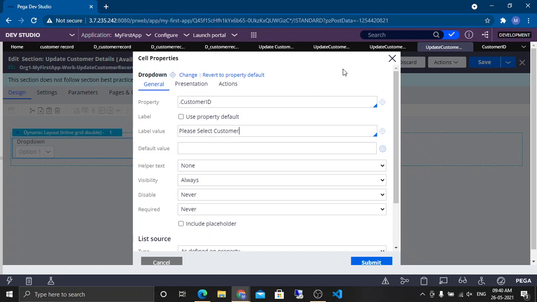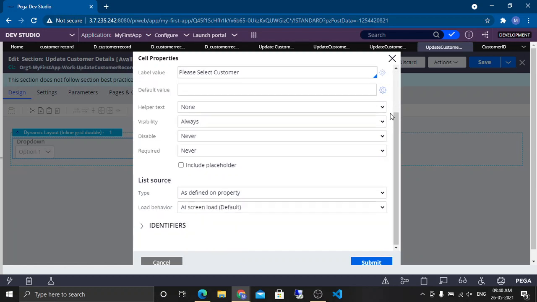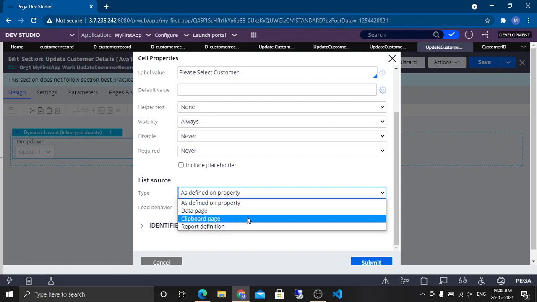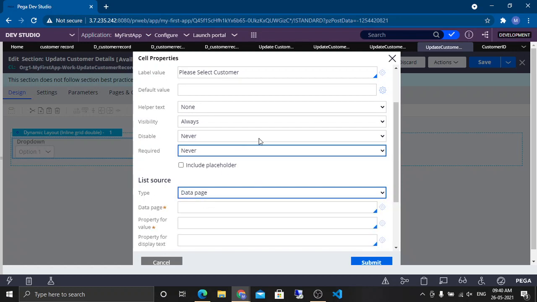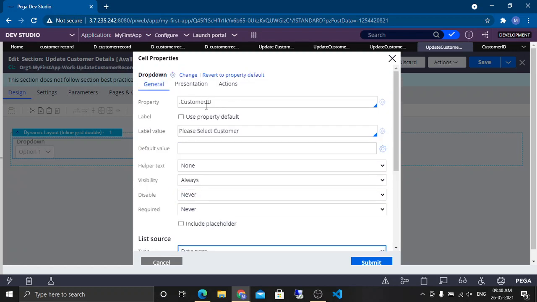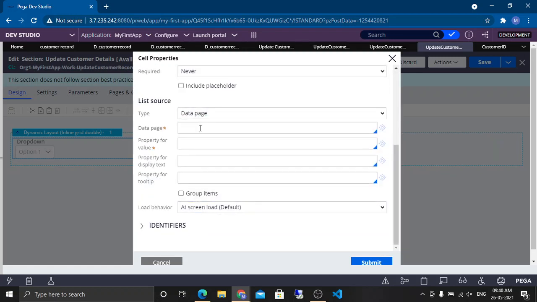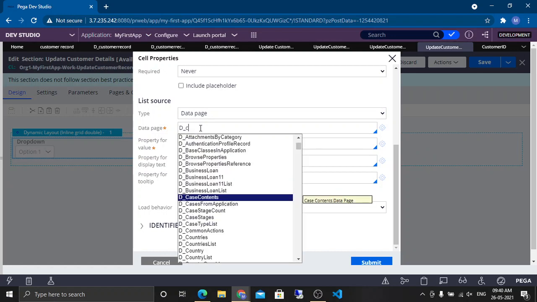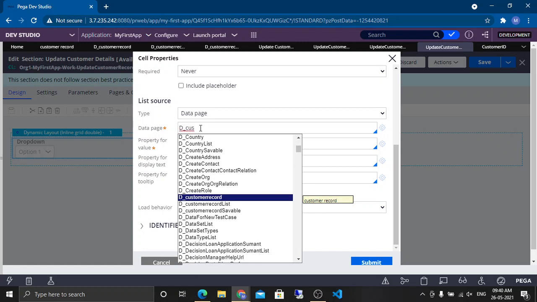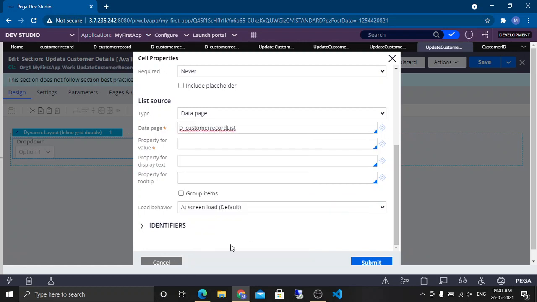Currently we have not gone through anything new. I'm just reiterating everything we have done in the data pages. To show the customers in a drop down, I'm using a property, then a source as a data page. The name of the data page is d underscore customer, I think something. US customer record, we have customer record list. I think this one would be the list one.